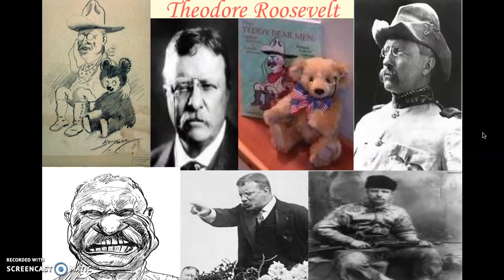Some more important people. Theodore Roosevelt is going to be a charismatic leader of our country. He's going to have a numerous assortment of jobs. He's going to be a cowboy. He is going to serve as Secretary of the Navy. He's going to serve as a leader of his own volunteer military unit. He's also governor of the state of New York. And then finally, of course, vice president, and then really finally, president of the United States.